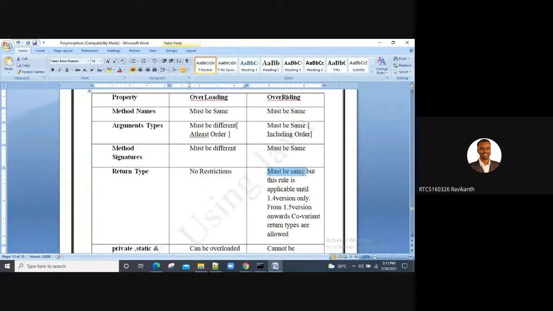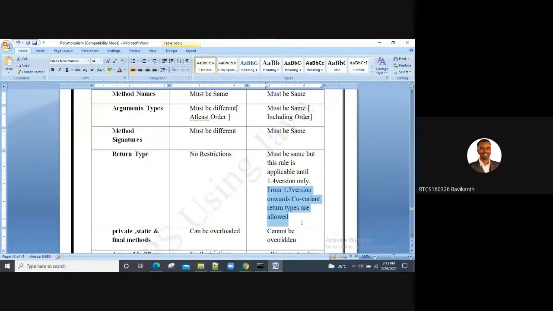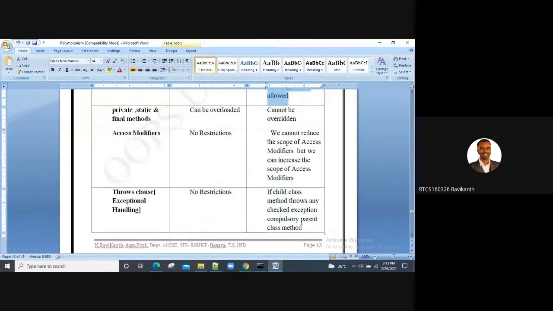But till what level? This rule was applicable until version 1.4 only. From version 1.5 onwards, covariant return types are allowed, so there is no problem at all. Then coming to private, static and final methods, they can be overloaded, whereas they cannot be overridden.